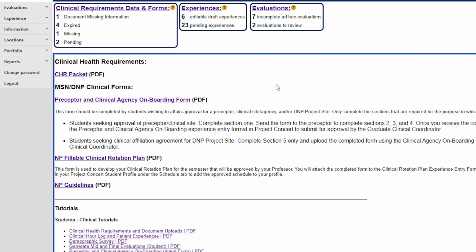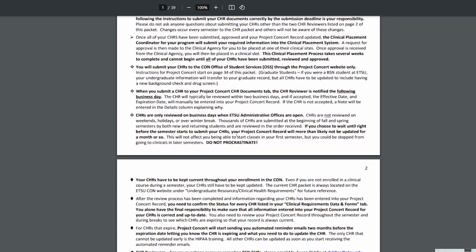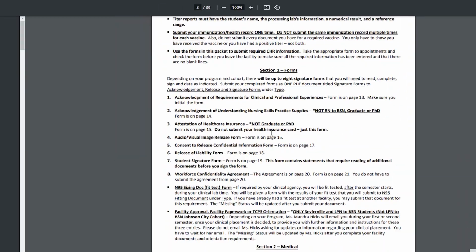One really good place to get started for the CHRs, clinical health requirements, is to look at the CHR packet. You'll see there on the left side on the landing page, but I'm going to be focused on section 1